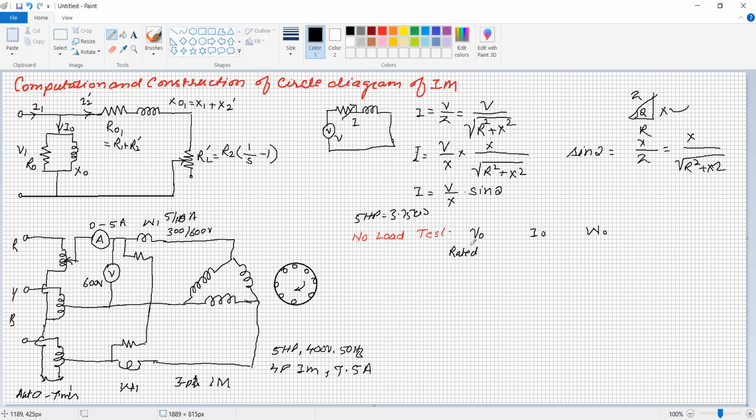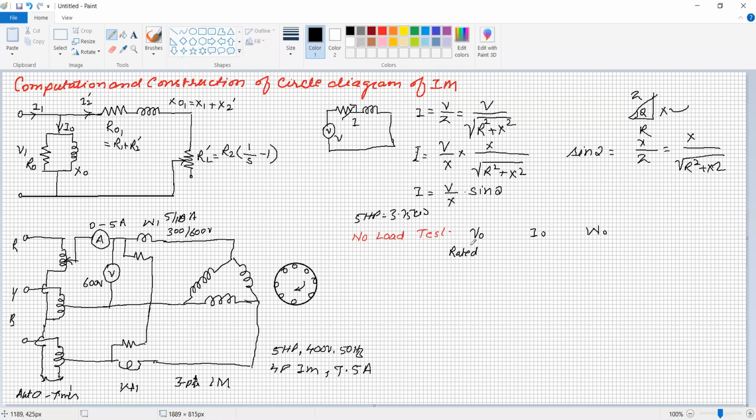Because the no load test of the induction motor, like the open circuit test of the transformer, is conducted to determine the iron losses or no load losses. Similarly here, under no load condition, whatever power is input to the three-phase induction motor is utilized to overcome the iron losses, windage and frictional losses, that is, the mechanical rotational losses and iron losses. The current drawn by the motor at no load is very small, so the stator copper losses are small, or negligible.